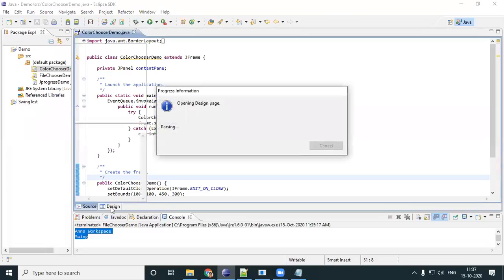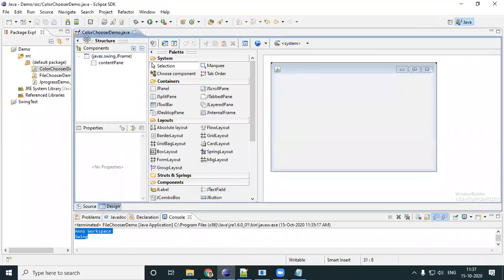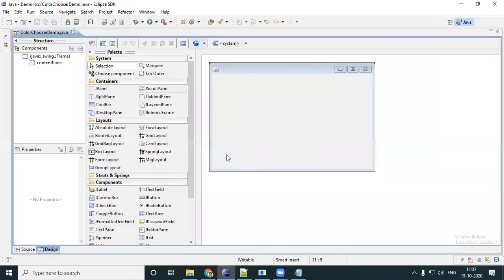I'll go into my design. By default I have a frame. I'll put in an absolute layout. I'll put in a button.